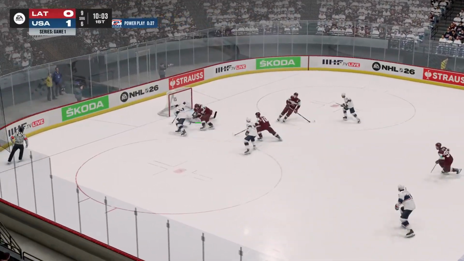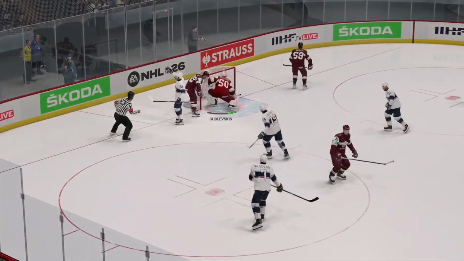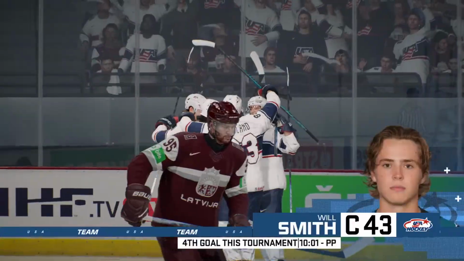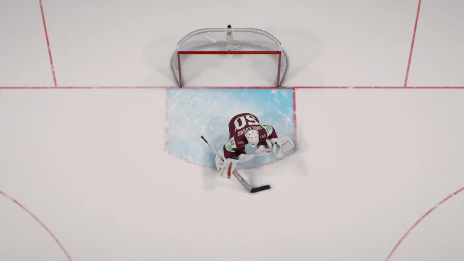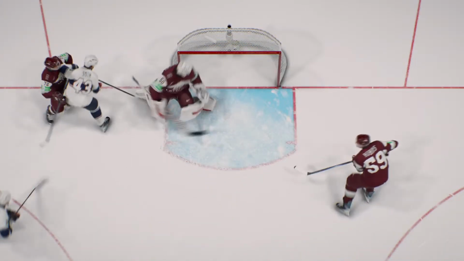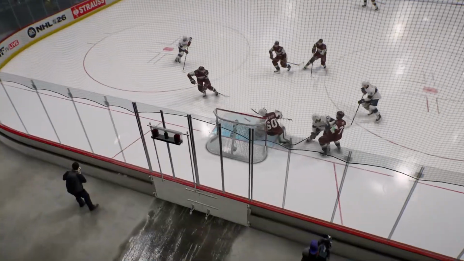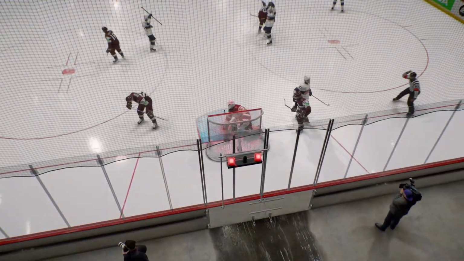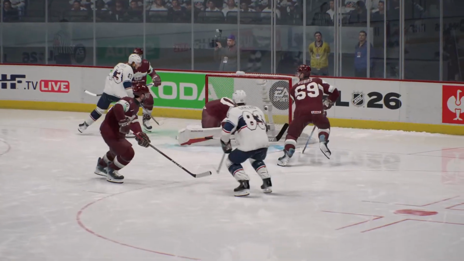Cutter Gauthier fires, save, rebound, never got through. Smith off the post and in, they score! Gudlevskis couldn't find it, and it's 2-0 United States. Let's take a look. The initial stop by Gudlevskis was good off the post, and he couldn't get back in time, just across the goal line and in. A little bit of a bobble there from Gudlevski. Just couldn't keep it out.